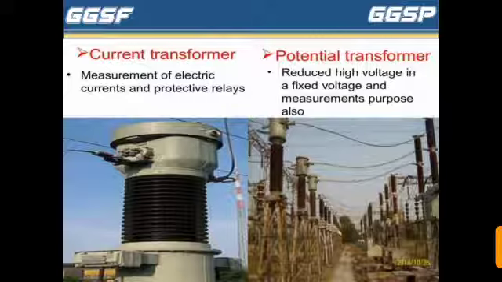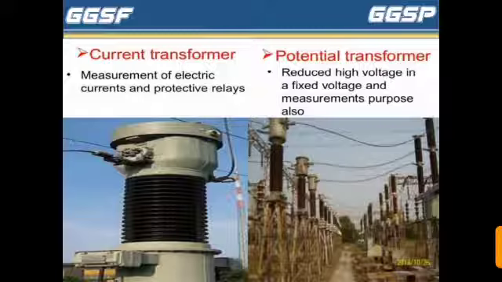A current transformer is a type of transformer that is used to reduce or multiply an alternating current, producing a current in its secondary which is proportional to the current in its primary. It is also used for the measurement of electric current and in protective relays. The main function of a CT is to determine the current in a circuit, and it is mainly used worldwide to monitor high voltage lines across national power grids.